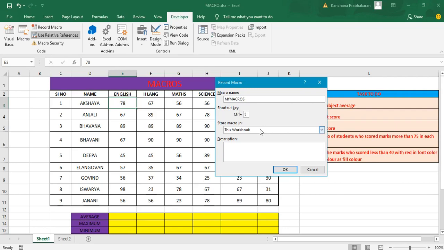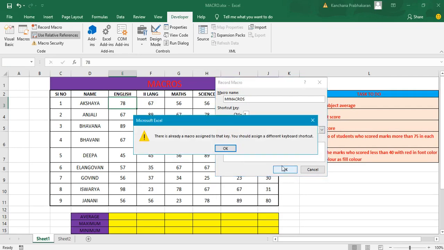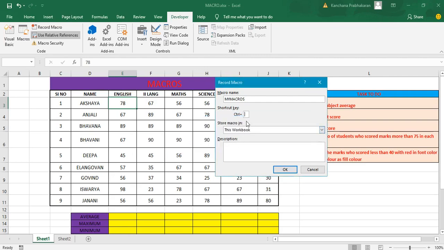I'm going to give Control T. The next option is Store macro in, where you can give the location where the macro is to be stored. I'm going to choose this macro. Then click OK. I'm going to give Control Q for this macro instead. Then click OK.